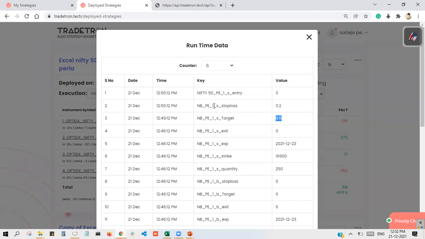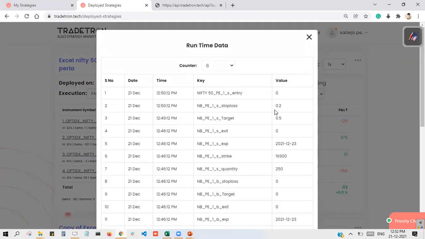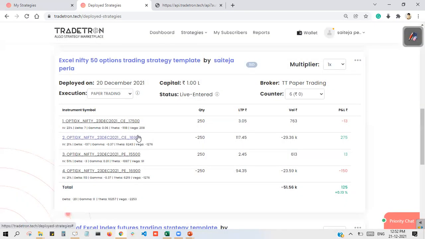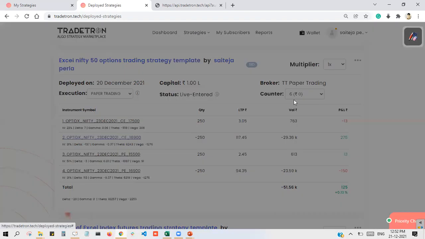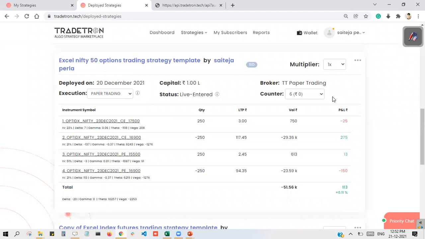So in order to check, what we need to do is go to runtime data. And here we need to check whether the stop loss and target are updated or not. Now I have updated the stop loss and target, and I want to exit the order. Suppose